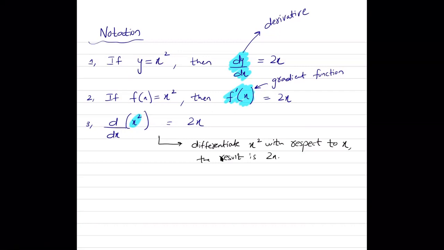Sir, what does "with respect to x" mean? With respect to x means that y is a function of x. So if I say y is a function of x, so y is equal to x squared, I am going to differentiate y, dy with respect to x, dx. यहाँ पे भी function x square है, so this is read as कि x square को differentiate करना है with respect to x because this is a function of x. So I'm going to differentiate x square with respect to x. अब हम rules देखेंगे जिसमें हम differentiate करते हैं.